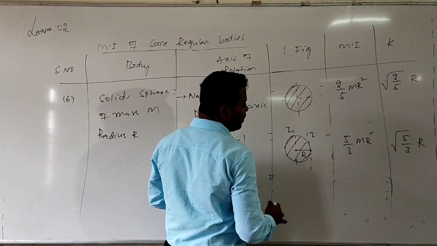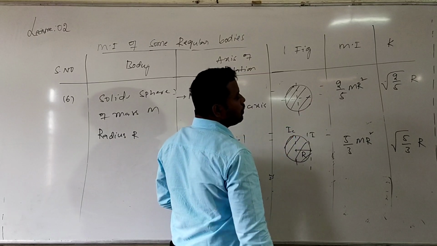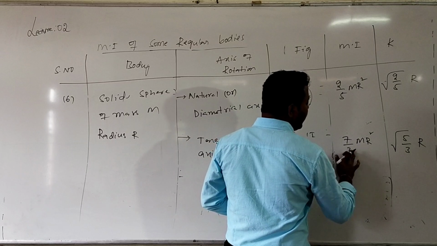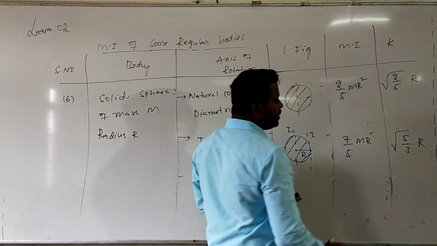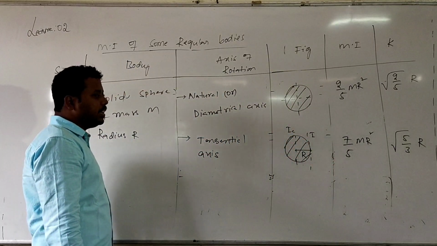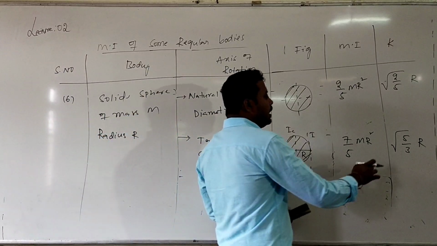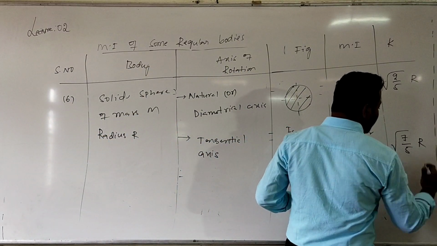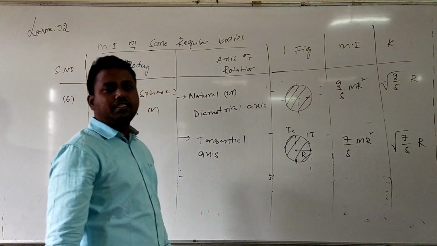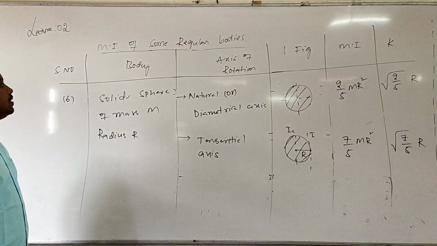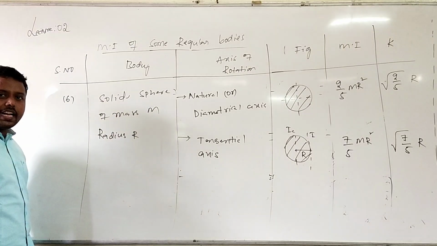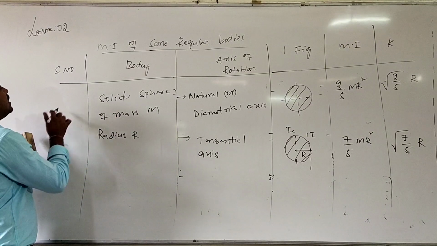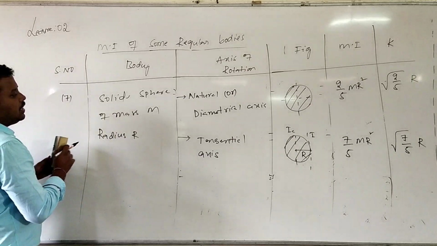Then if I want to calculate about a tangent, the moment of inertia value is 2 by 5 MR square plus MR square. So the answer is 7 by 5 MR square, according to the parallel axis theorem. Then the radius of gyration is root over 7 by 5 into R. Now this is for the solid sphere of mass M and radius R. After completion of the sixth one, the seventh one is